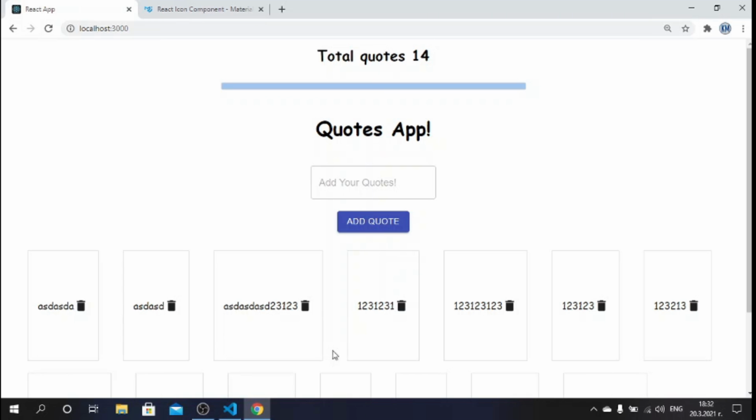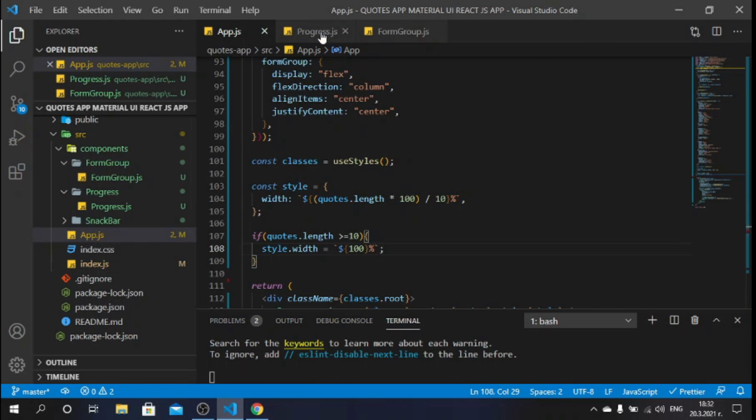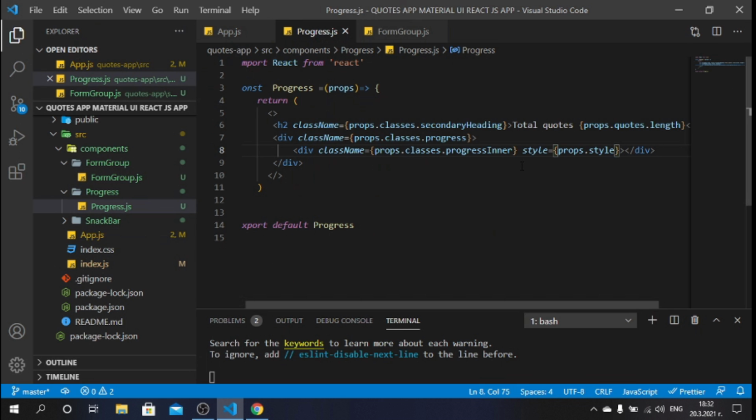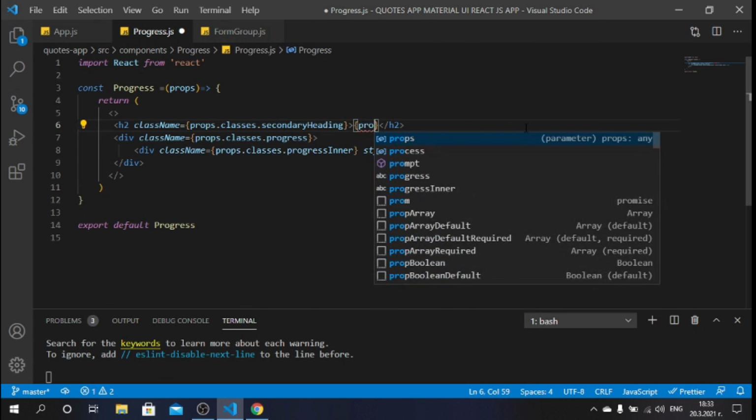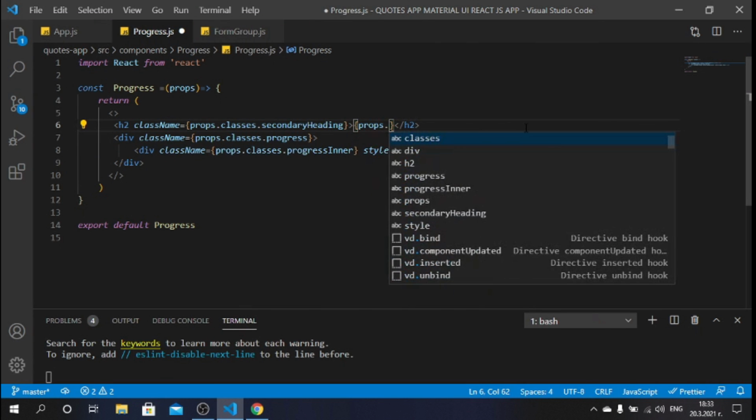So to fix this as well, we can make a check inside our progress.js file, and here we can say, we can make a check. So basically we can say props dot